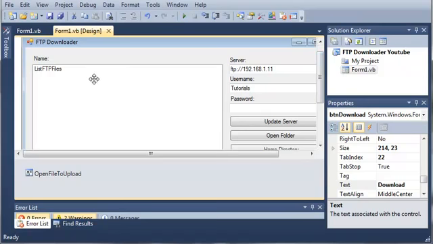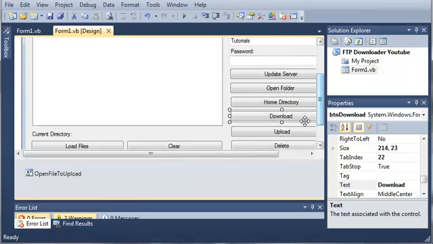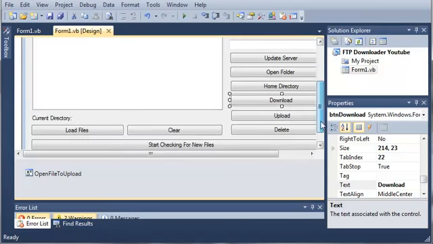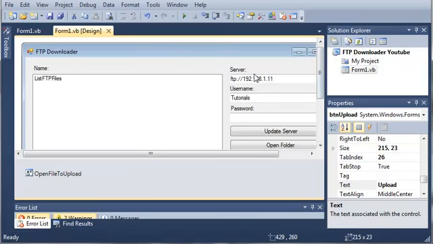Hello YouTube, Sam here from youtube.com/onlivegamer for the new Boston, and in this tutorial we're going to continue working on our FTP downloader. So what we're going to be talking about now is deleting a file from the FTP server. Now, if you want to delete, upload, and download files, it all depends on the permissions of the user for